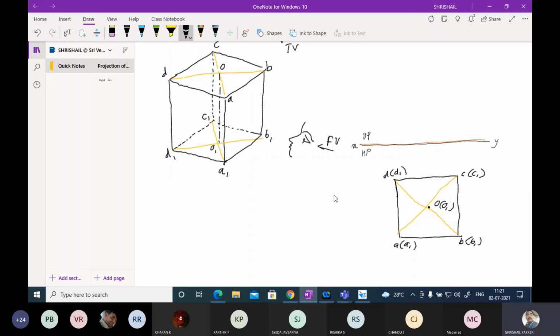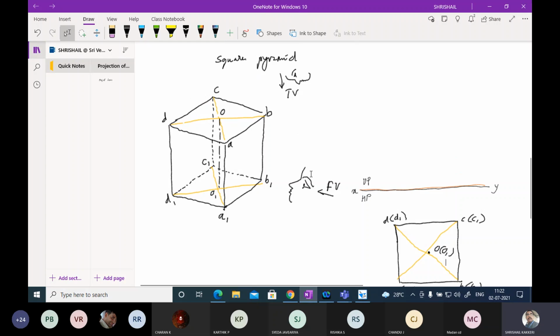Any doubts up to here, please ask me. All of you be open. It is an initial discussion. If anyone has any kind of problems, please let me know. I have drawn a square pyramid; from the top, a square will be visible. This is point D, and below that D1 is there, so D in bracket D1 and A in bracket A1. Similarly, B in bracket B1, C in bracket C1 and O in bracket O1, because this O1 is not visible to you.